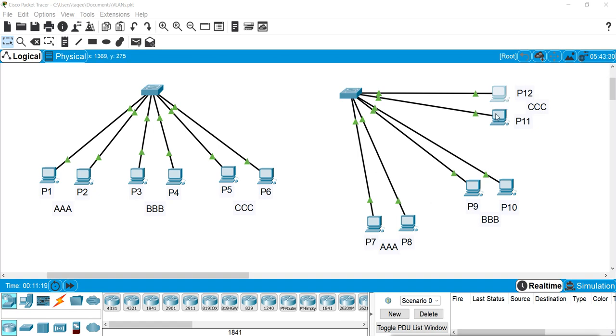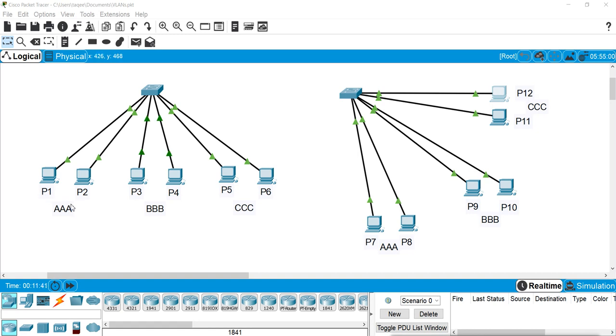These remaining devices must be in the same VLANs as those on the first switch. For example, suppose I created a VLAN for the sales department. All the machines working for the sales department must be in the same VLAN so they can communicate.